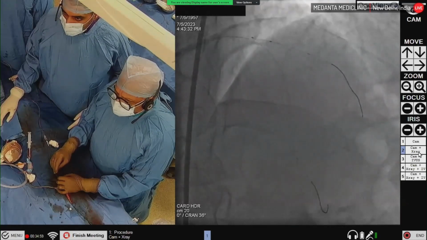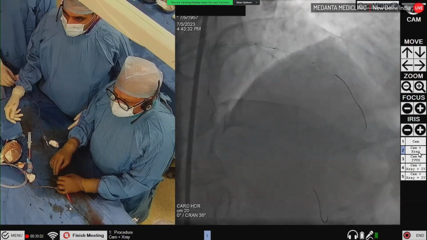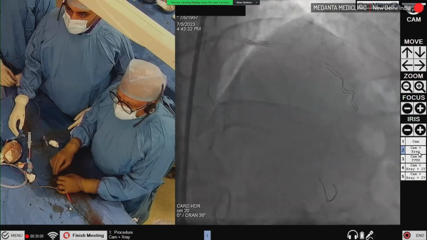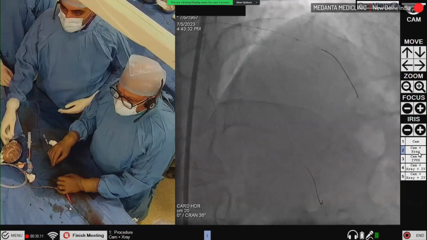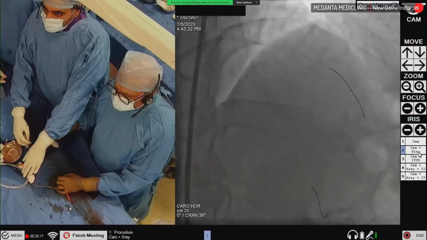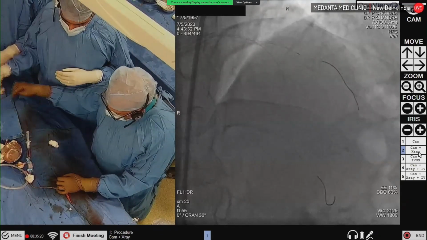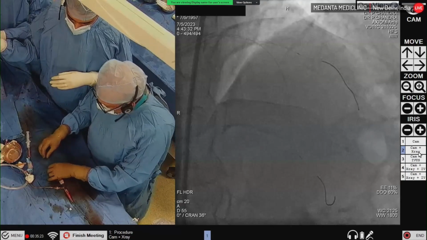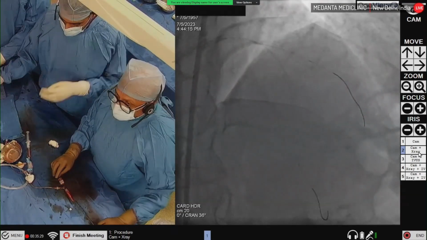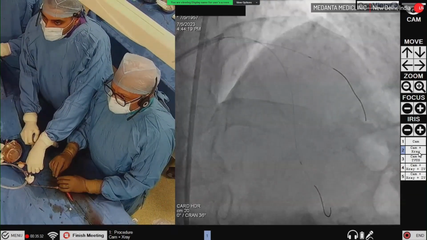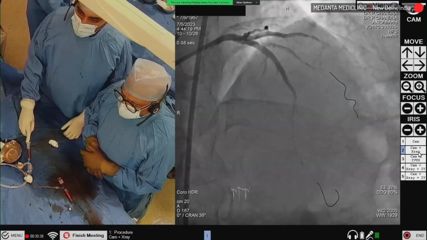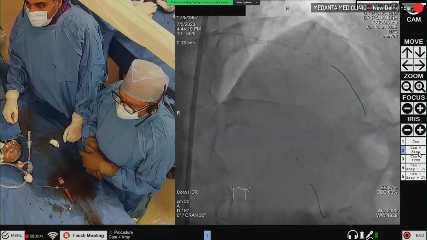It appears that we don't have to do any further dilatation here. Go up: 1, 2, 3, 4, 5, 6, 7, 8, 9, 10, 12. Okay, deflate. So there is no residual now with the scoring balloon, and now I can cross it very easily, which means we are fine. Check, please. There is no major dissection in this diagonal, and it has been dilated well, and the LED also